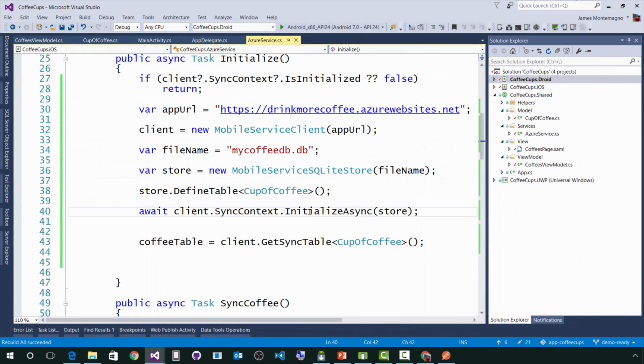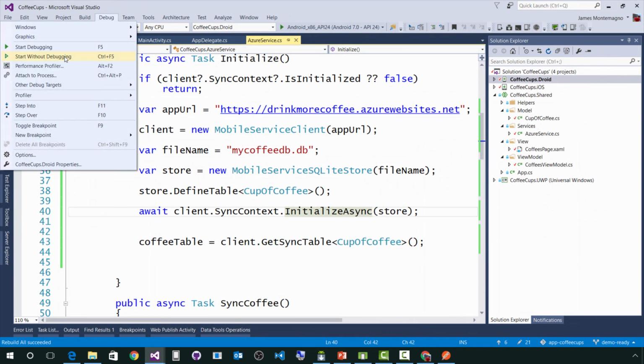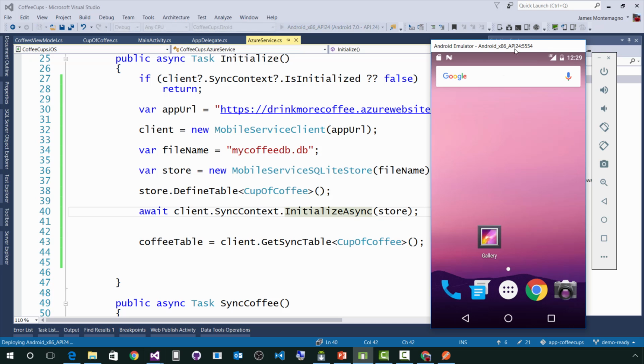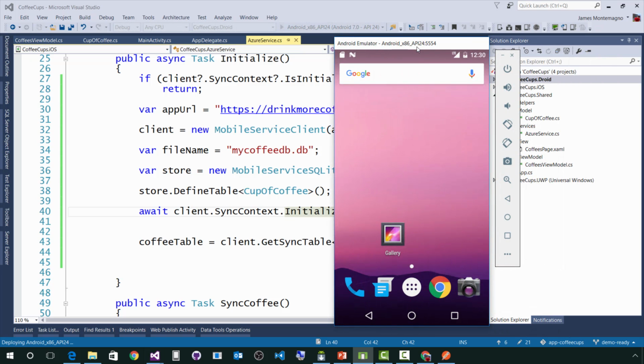Let's go ahead back here. All right, we're all built up. Let's go ahead and deploy. And we're going to deploy to this emulator, so it's going to go spin it up. I should have installed everything that I need ahead of time, so it should be a little bit snappier. We'll see. And hopefully by default, what we'll see is that it will go off and query